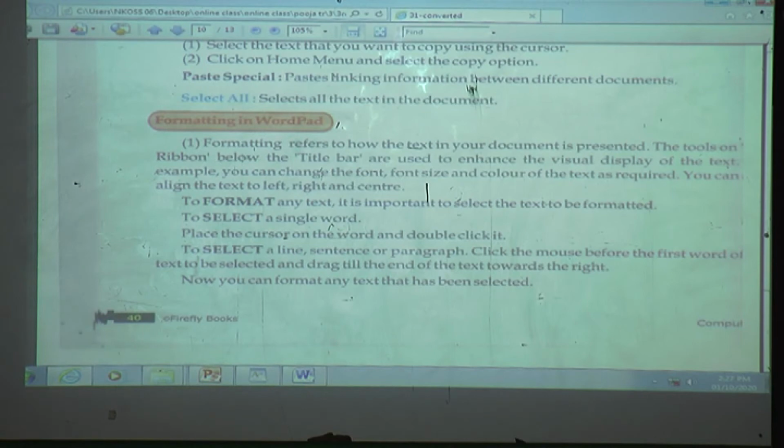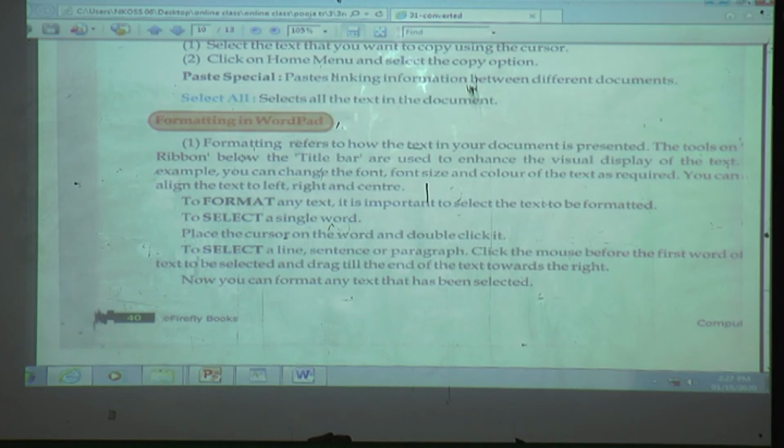Formatting the text in WordPad. How to format? Which option is useful for formatting the text? Yes, the ribbon option is useful for formatting the text. Which options are there in the ribbon?